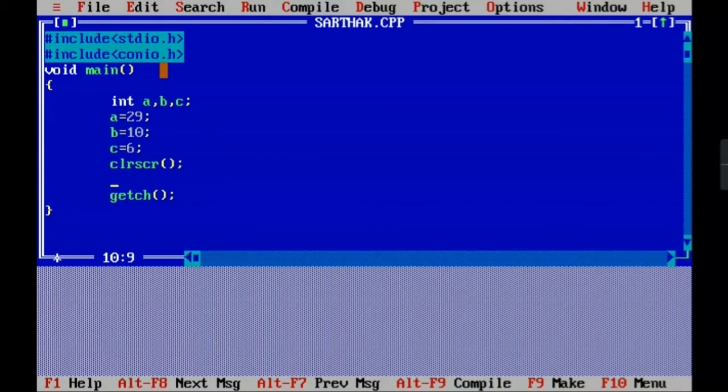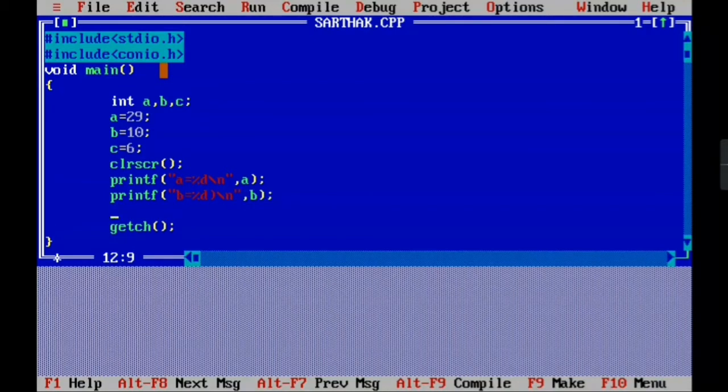So we write printf, then double quotes, a is equal to, then this is not percentage, this is modulus, and we put it in every place where we want to put the integers. Then a comma, then the variable whose value we want to put, which is a. Then again printf, b is equal to modulus d, then slash n and, after the double quotes, comma b.